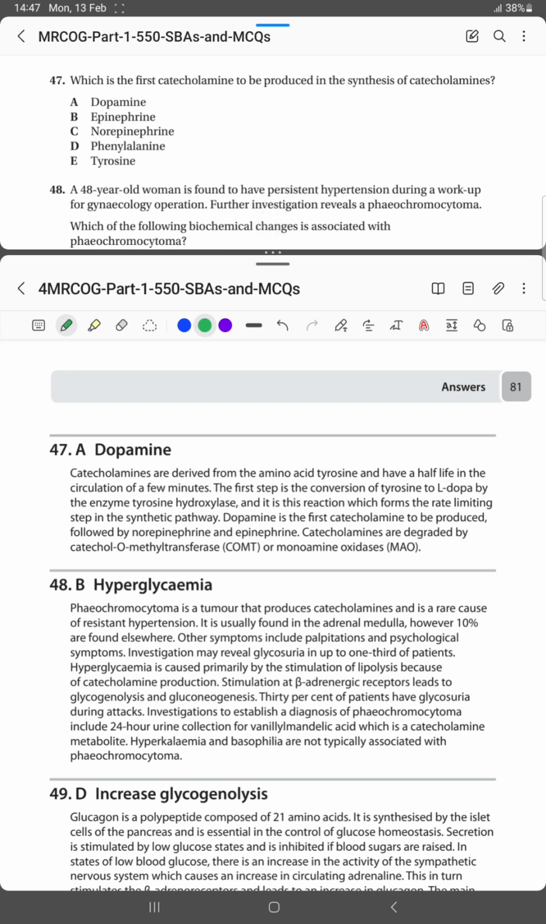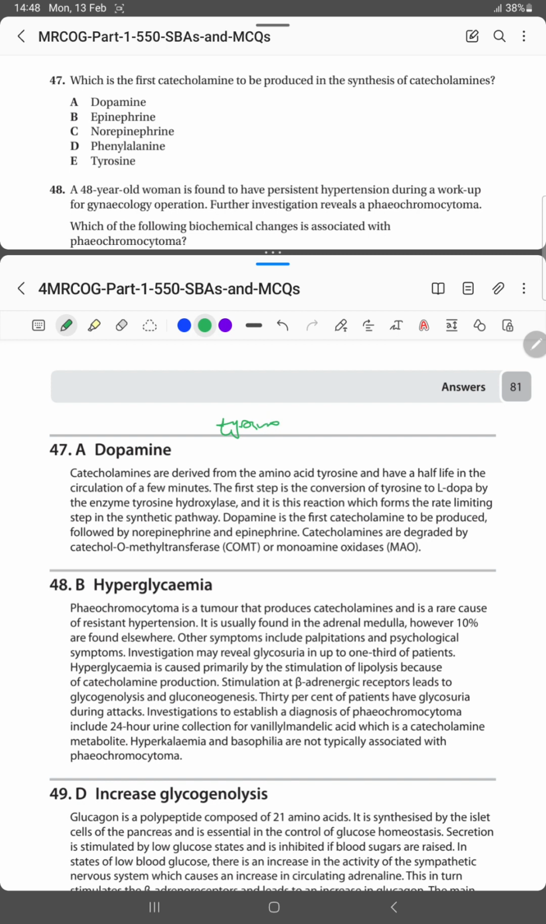Which is the first catecholamine to be produced in the synthesis of the catecholamines? Options are dopamine, epinephrine, norepinephrine, phenylalanine, and tyrosine. The correct option is dopamine. Why dopamine? Because catecholamines are derived from the amino acid